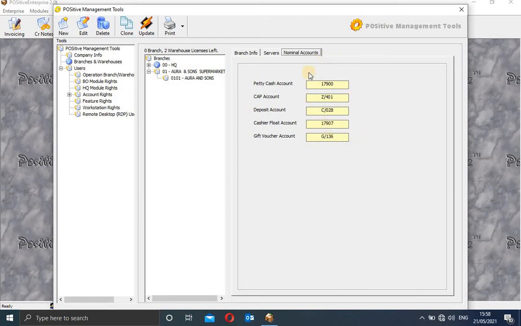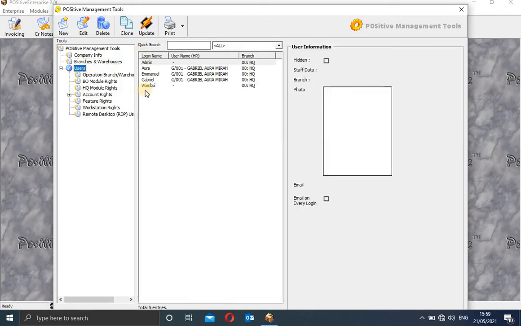You realize that the cash account codes are actually the same as what we saw in the SmartMan. Please check the link down there, and you can see all these accounts are the same because they operate in the same server and in the same HQ. They are all HQ modules, so they have almost the same details, likewise including the branch warehouse information. This is what we've seen here.